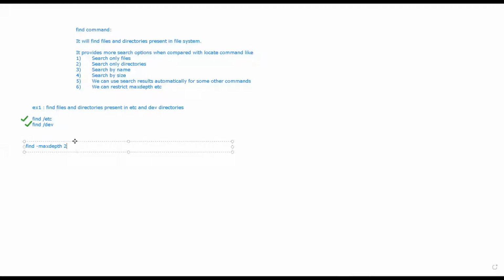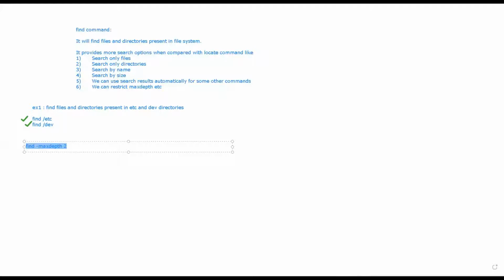You can specify that level by using the max depth option, and it will search only in those two depths. This number can be anything: 1, 2, 3, 4, or even 100. So based on your depth, you can specify the max depth and search the files.